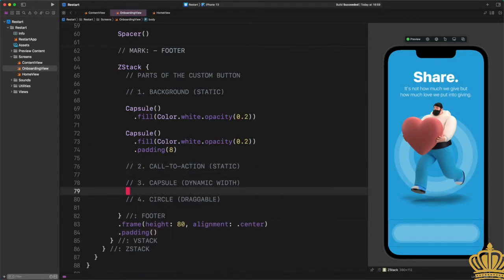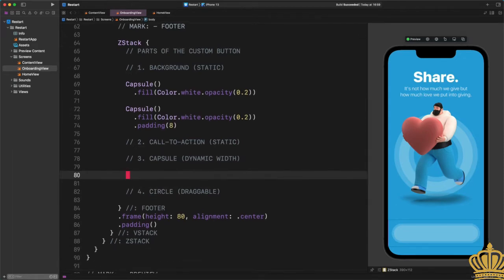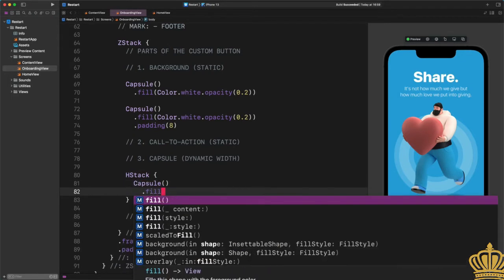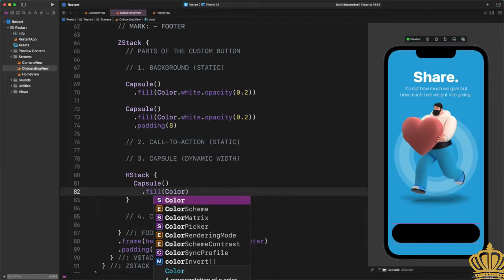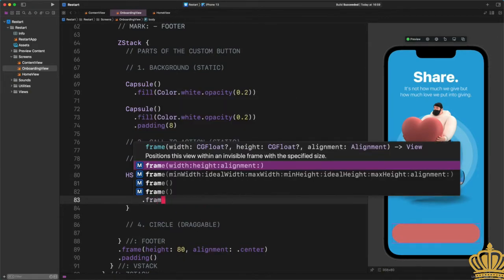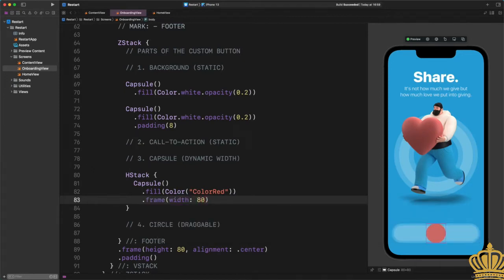Please navigate to the third section. And let's enter this code. HStack, Capsule, fill, color, Color.red. Frame, width, 80. As you can see in the preview, the capsule shape will cover the entire component by default,